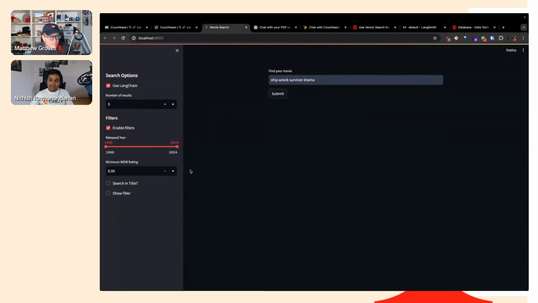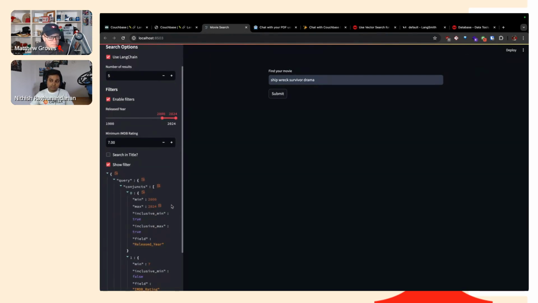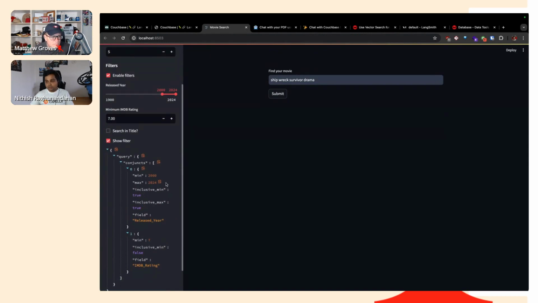Here you can do a filter, and we can just apply the same filter that we did before, so 2000 to 2024, and let's say IMDb rating 7. Here you can see the filter that is being created. It's a conjunction query where the released year should be